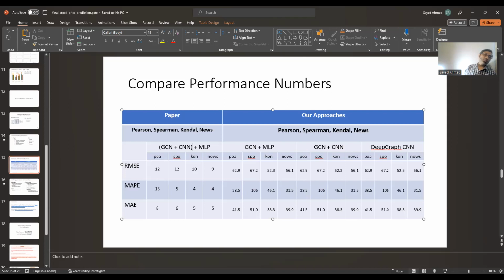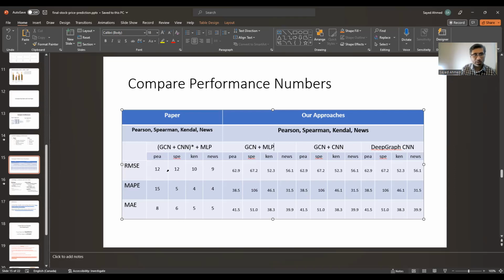What can I say? GCN, CNN. I think in regular expression, we probably sometimes use star to show 0 or more, or plus. Okay, let me see. Probably I can say that GCN plus CNN, multiple blocks, and then MLP.